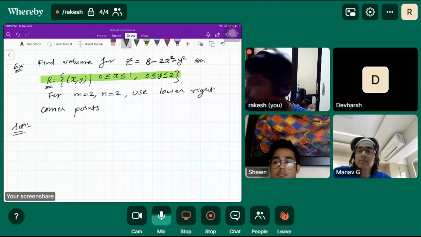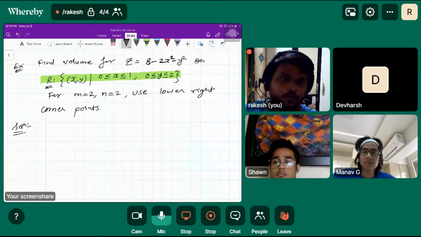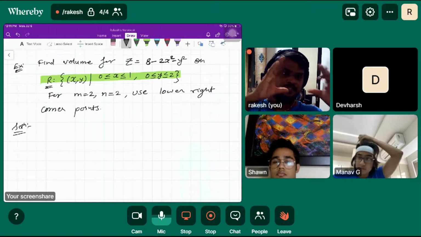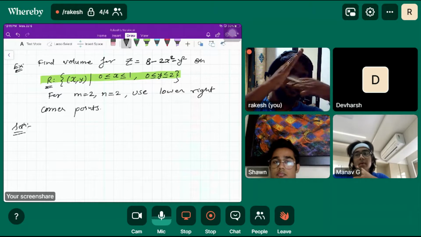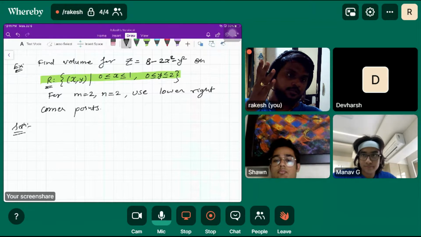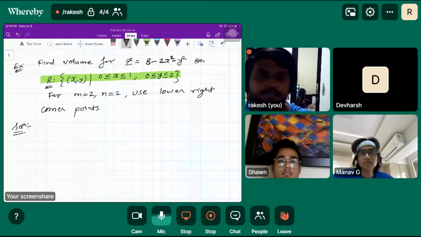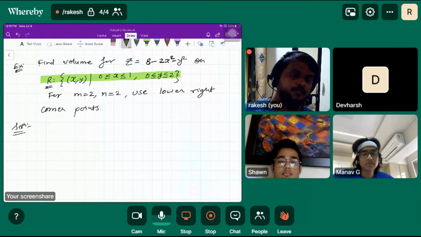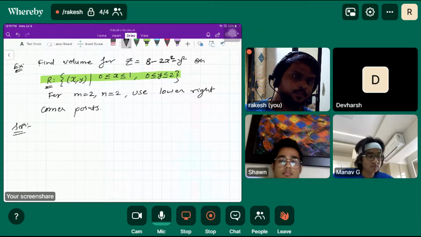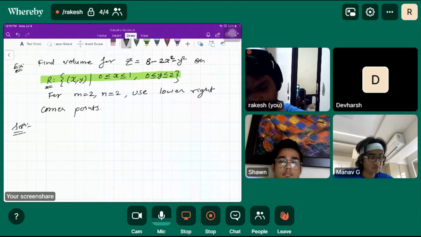So basically, there also we drew a region. That's what I'm saying. Here also we are drawing a region. There the region was defined, some specific region, maybe a triangle or a rectangle. It was a circle also, or parabolic kind of, right? So the region may be anything. It should be a closed region. This region is very specific in integration because we are going to find the volume, and the volume can only be found for a closed region, right? So first of all, we'll draw the region here.